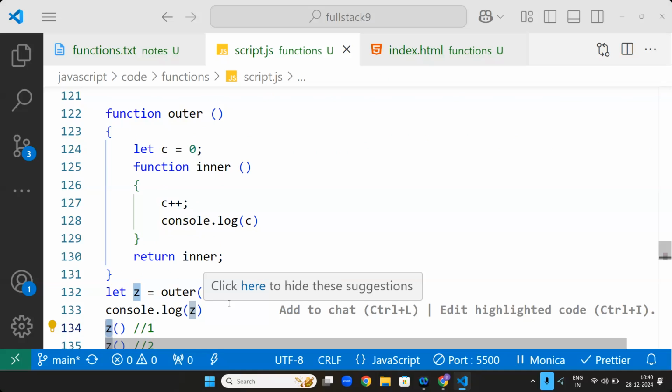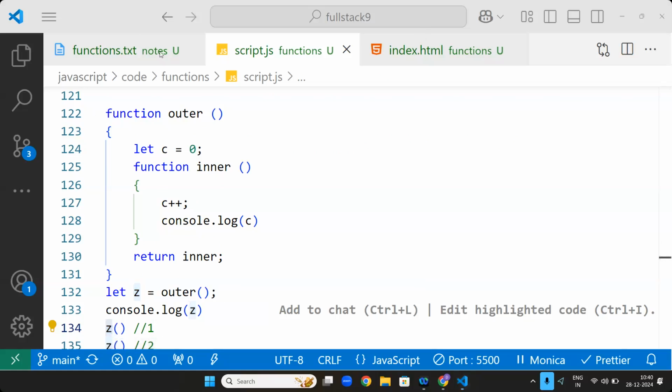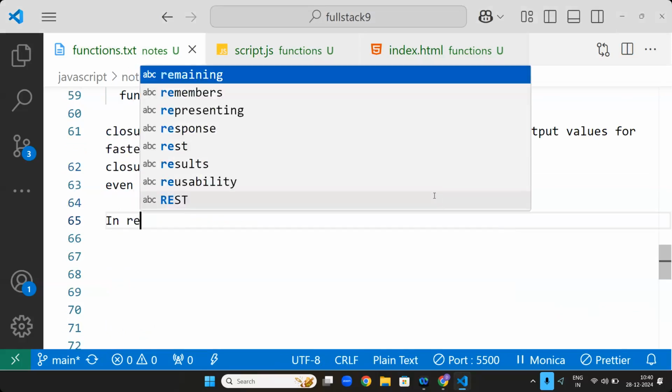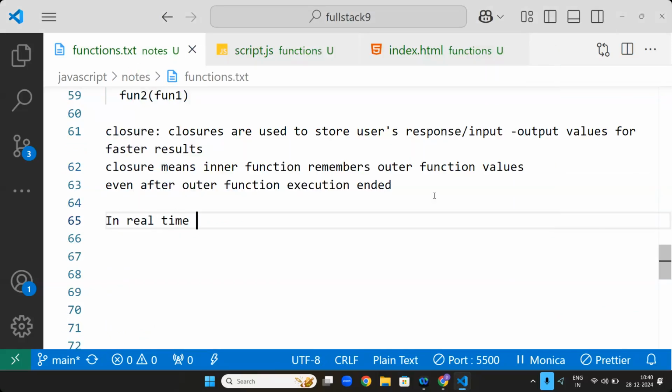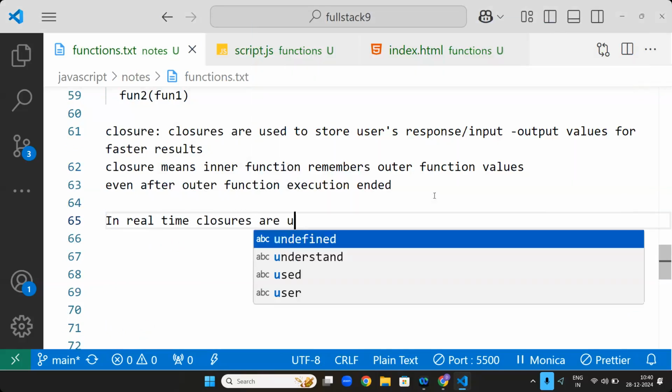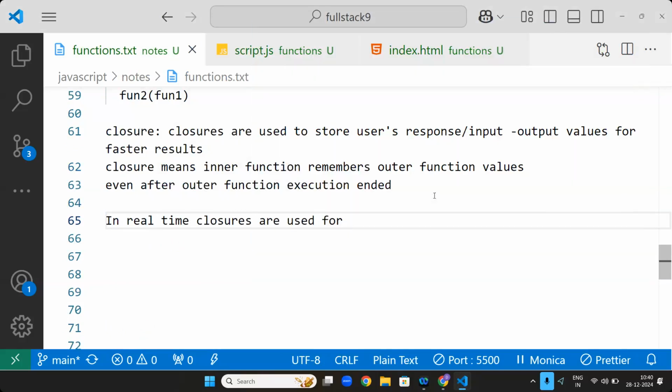Now sir, where will you use this in real time? In real time, closures are used for memorization techniques. In interviews they will ask you these questions. Memorization technique kya hai? Memorization techniques are like this, you go to Amazon